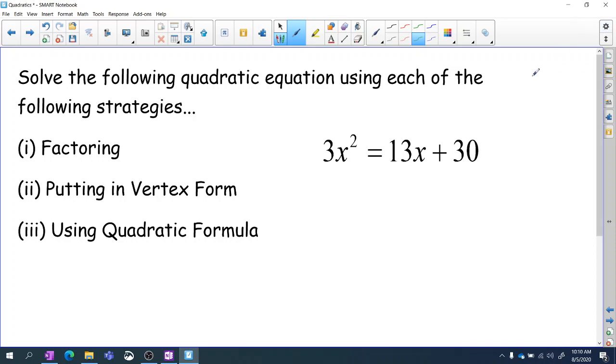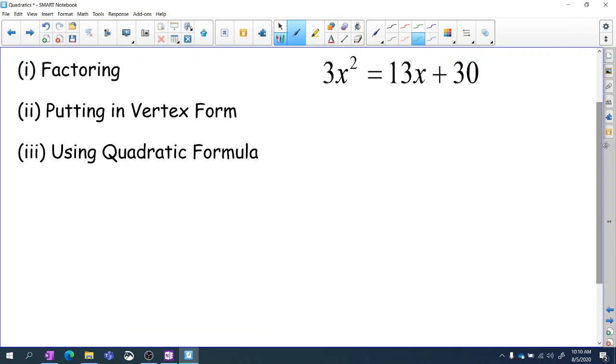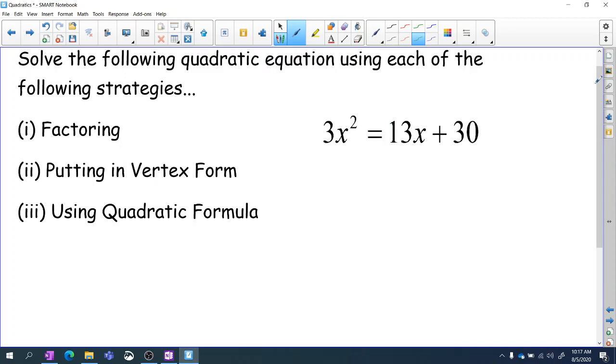As a wrap up, I have a quadratic, and we're going to solve this quadratic using 3 different strategies. Alright, so we're just going to take this last one and show you how I could solve this quadratic, and I'm going to solve it using the 3 strategies that you have been shown. I'm not saying one's better than the other, I just want you to be able to understand how each of